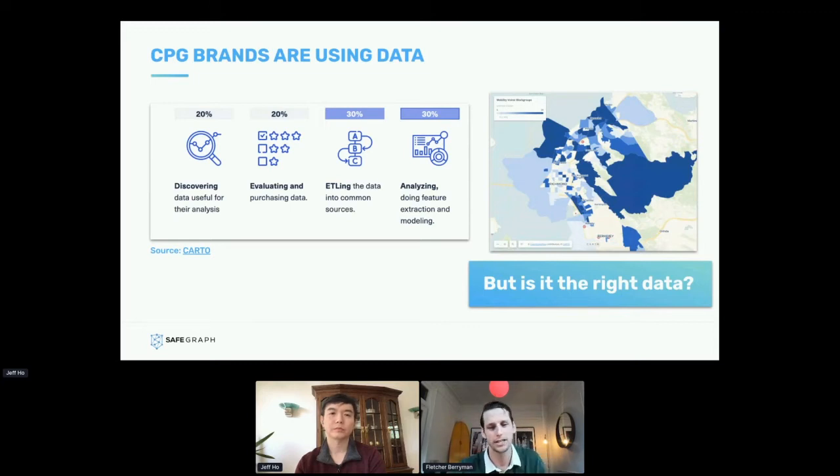couple different varieties dependent on cadence and whether you roll it up into a CPG or something else. That's kind of a suite that Jeff will talk to in a moment. And then geometry, which is pretty straightforward, but those are going to be the AOIs or areas of interest, most often buildings associated with commercial activity, but perhaps a park or something that you want to understand how people are